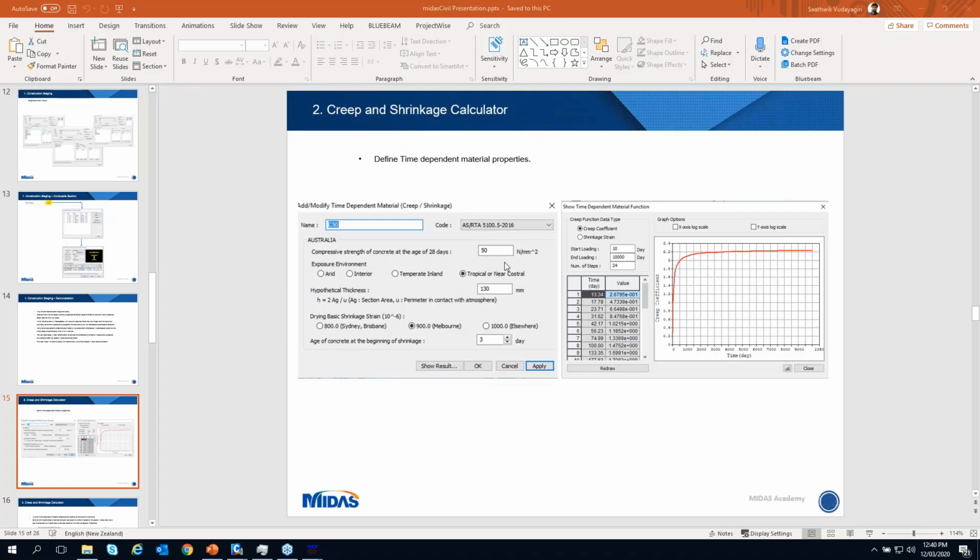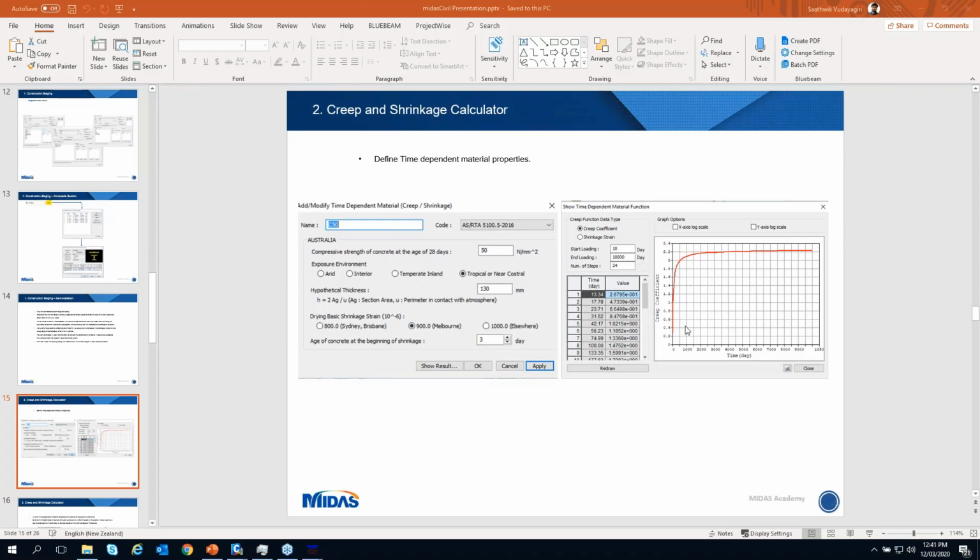Then the hypothetical thickness, which is a member property and less to do with the material property, and the drying basic shrinkage. This is based on the location of the project and the age of concrete at the beginning of the shrinkage. All these parameters are defined by us, and then